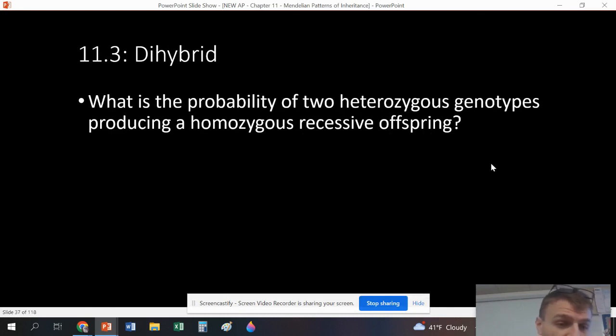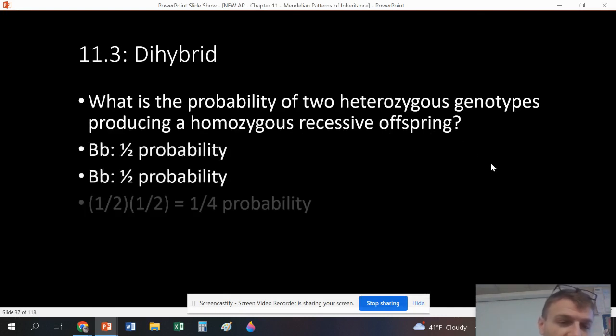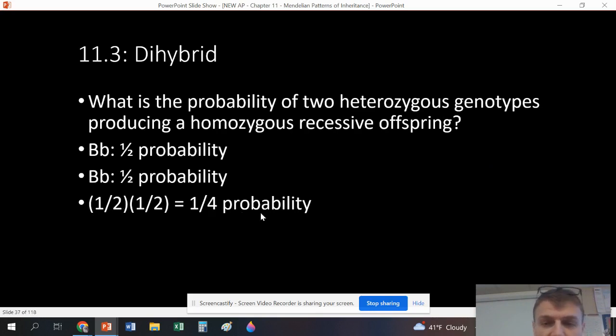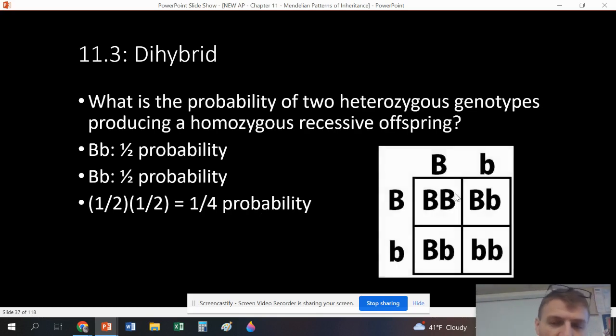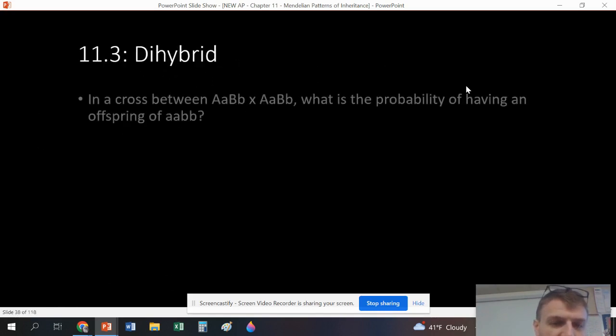You might be able to do this in your head, but mathematically, let's take a look. There's a 1/2 and 1/2 chance, so our probability is 1/4 of producing that little b in this case. This is an easy starter for thinking about probability. We have this location here. But if we can make this into a